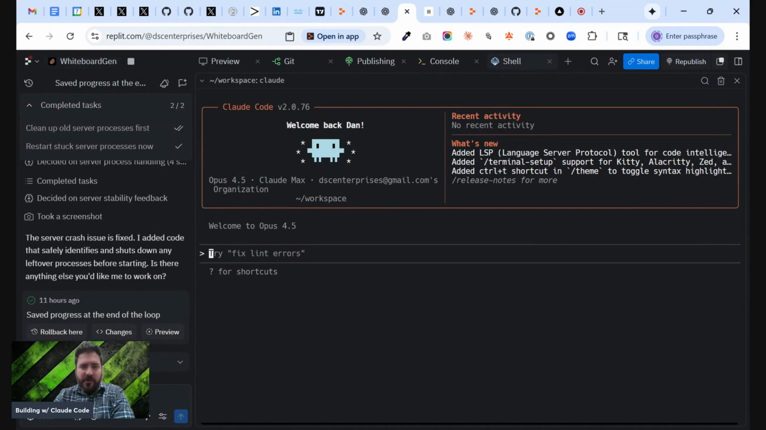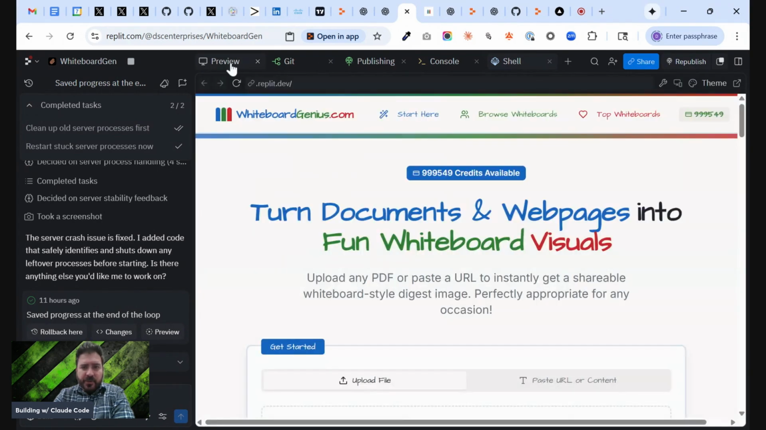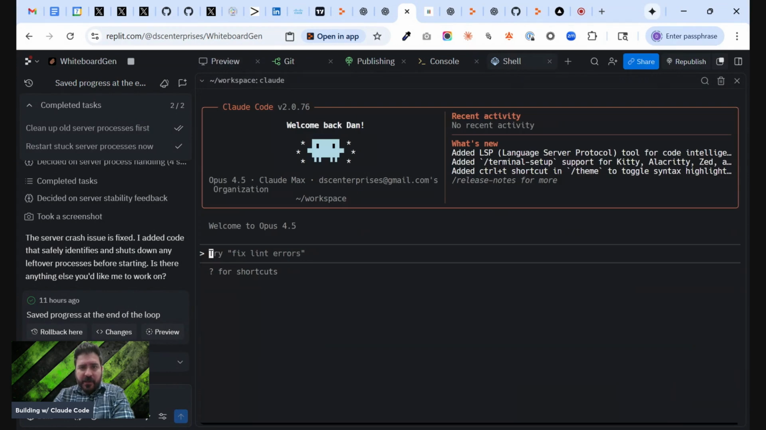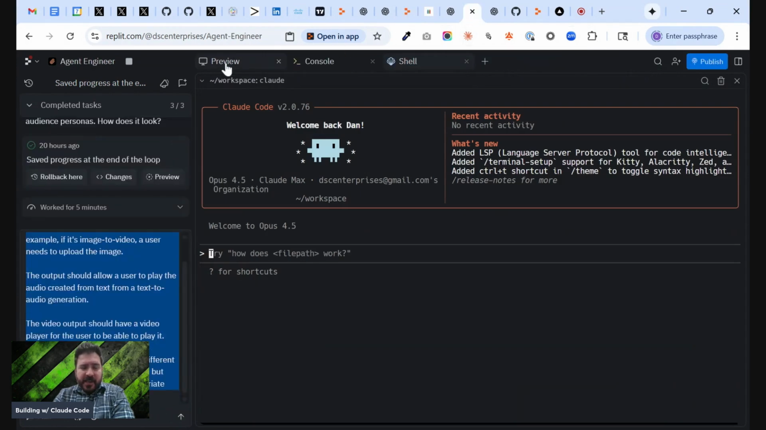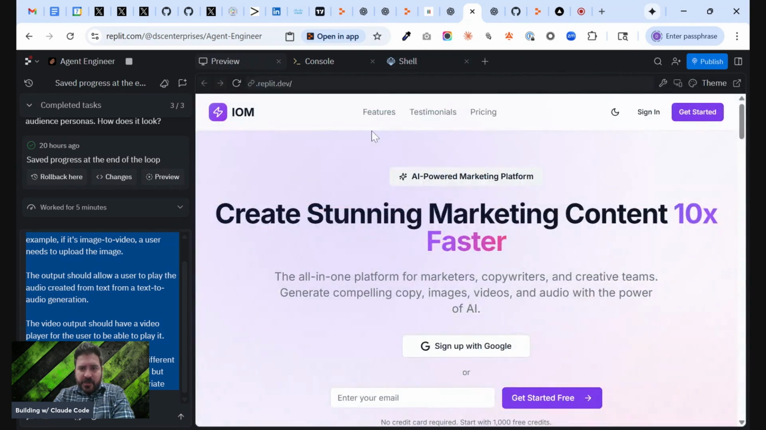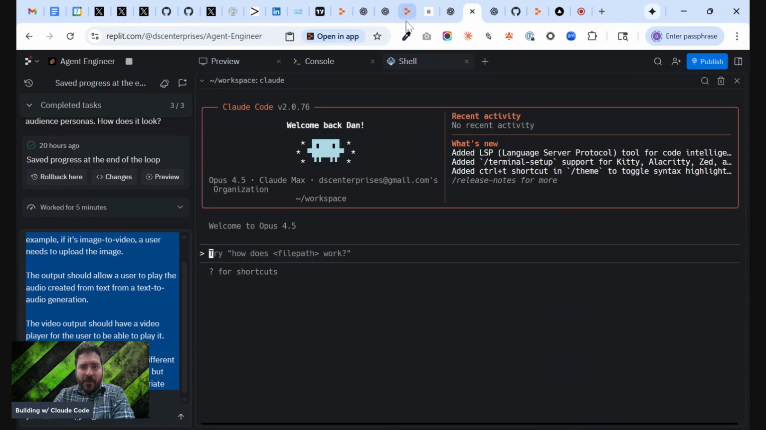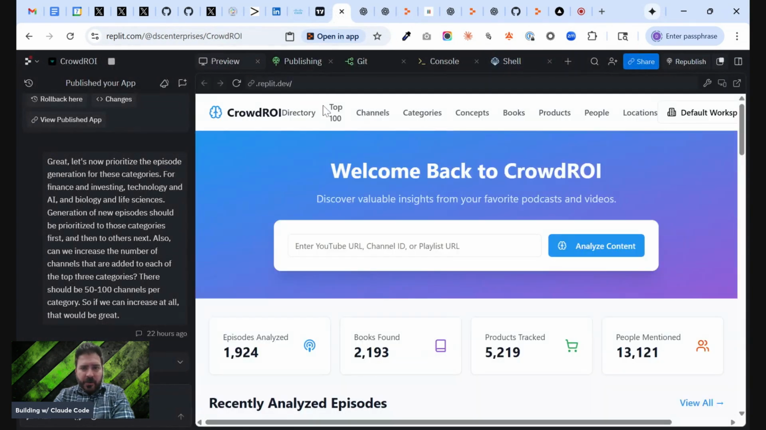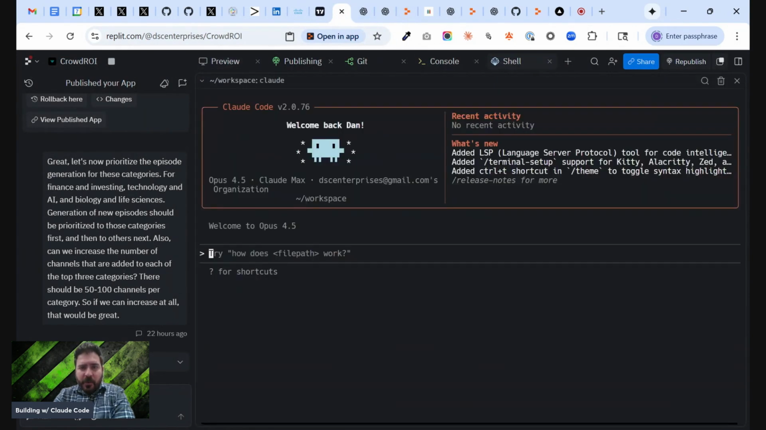Here's my console for Claude Code to build out whiteboardgenius.com, which you can see right here. And there's my shell to build it out. This is agent, like I said, agent engineer. Here we go. Making content for marketing. I'm building that out right now as well. And then lastly, I have another one called CrowdRoy, which is going to blow people's minds, which I'm building out here soon as well. All enabled with Claude